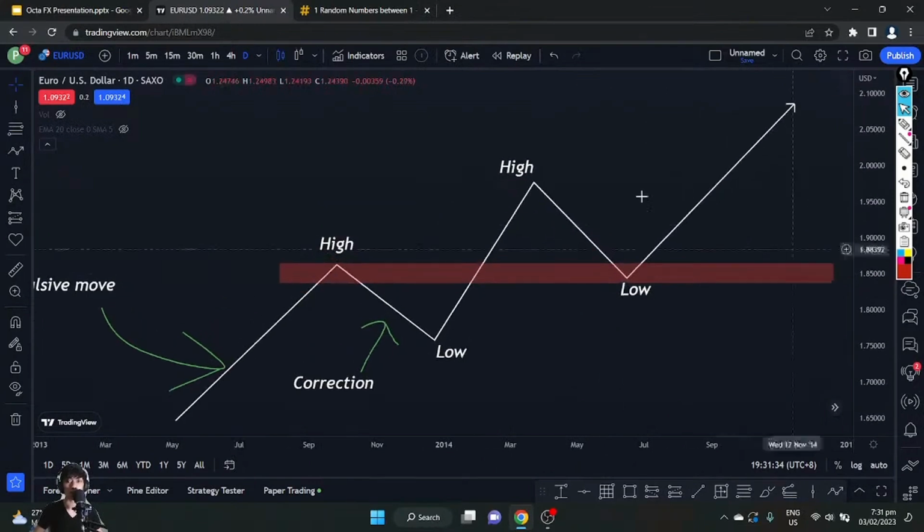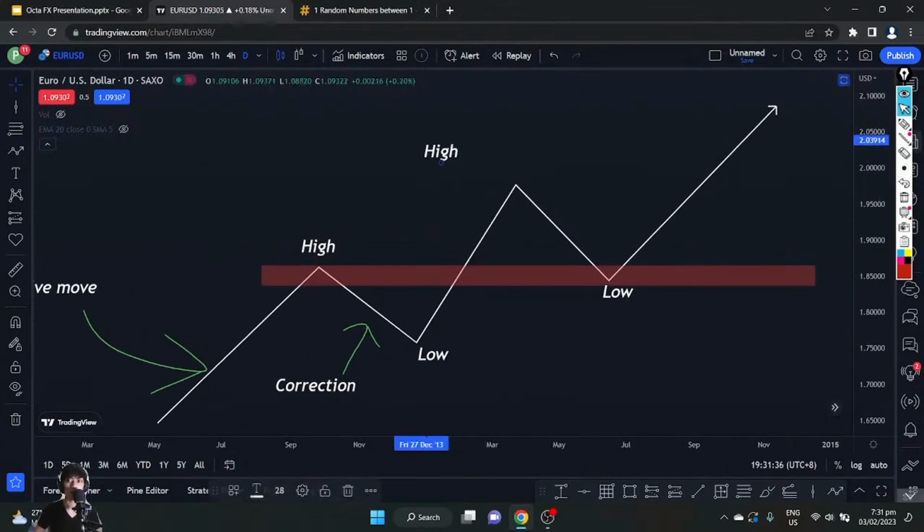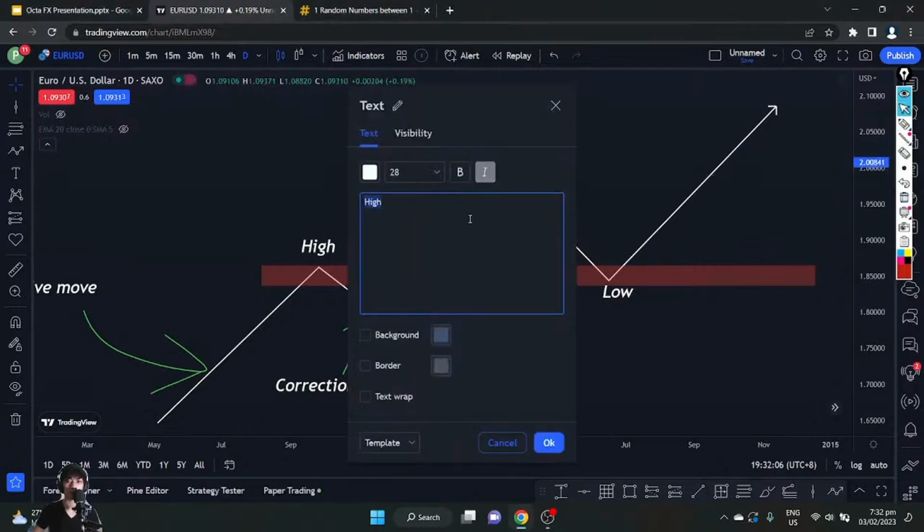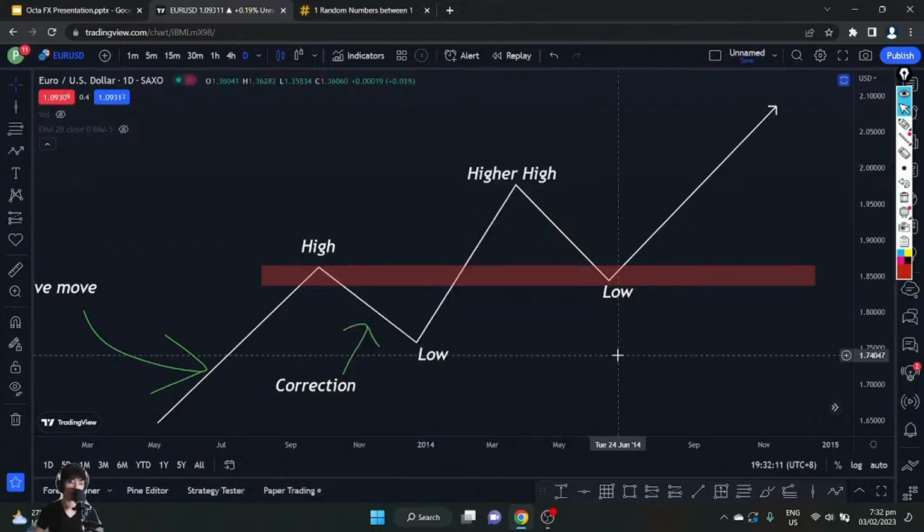So now that we can see that it is higher, this new high right here, we can see that it is higher than our previous high. Okay, again, this is our high, and this is our lows. All right, so now that we can see that this move right here, or this 3 move, is higher than our previous high, then we can call it a higher high. All right,